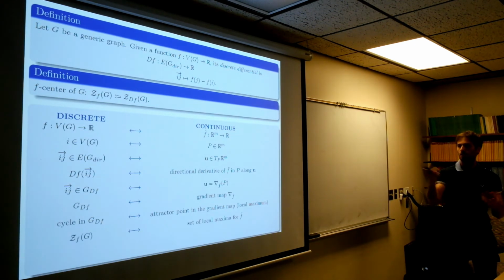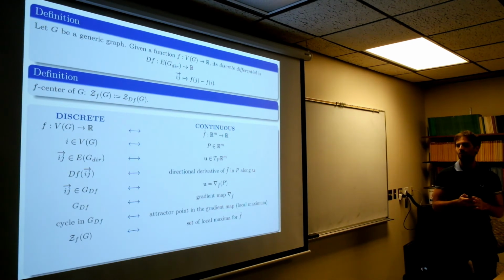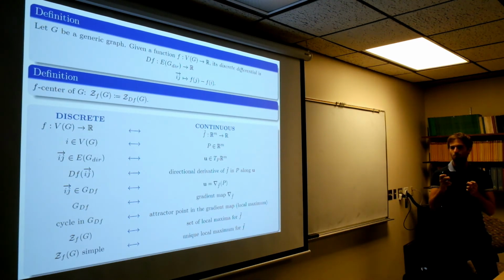Then the center, zf, will be just the set of local maxima for f tilde. And finally, if zf is simple, then there is just one cycle, so that there is just one local maximum for f tilde, and this is a strong